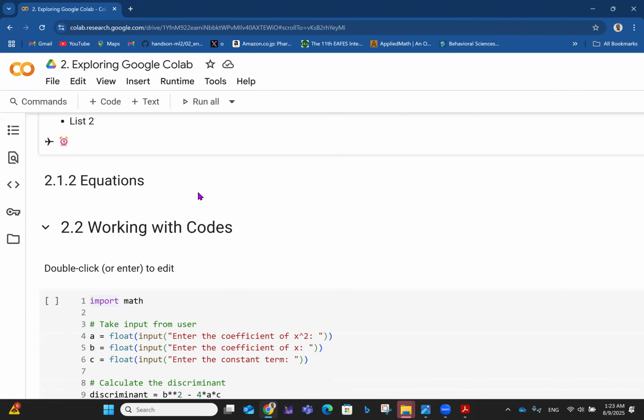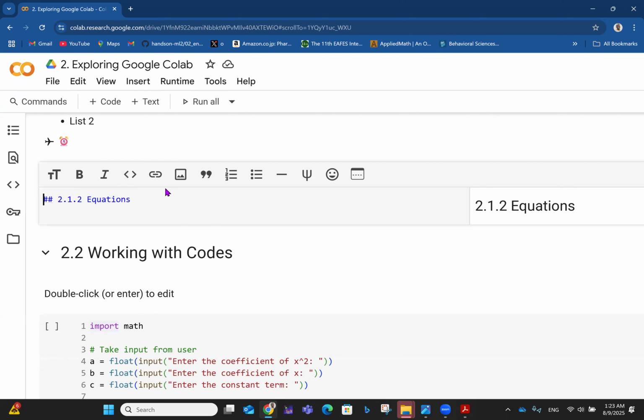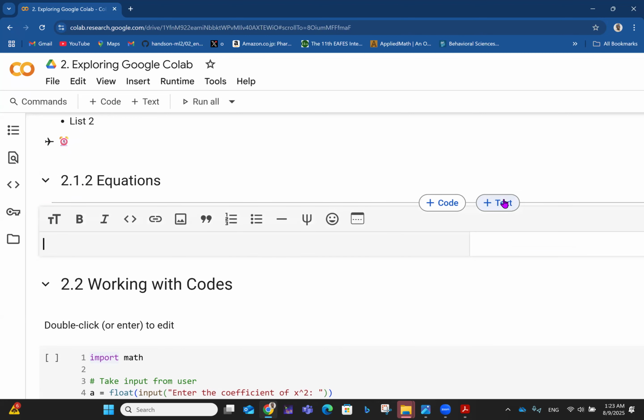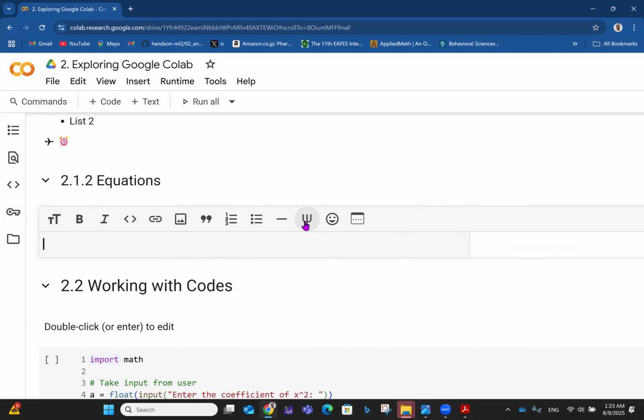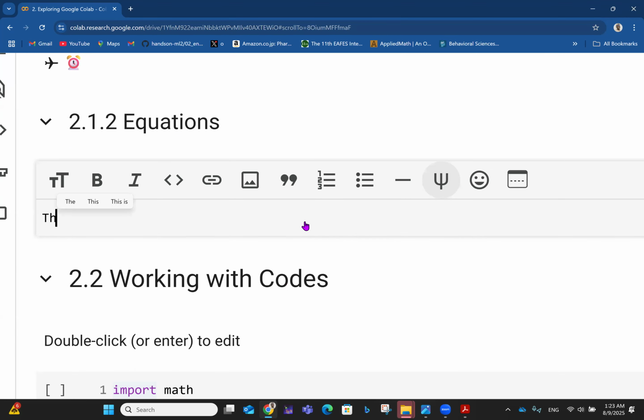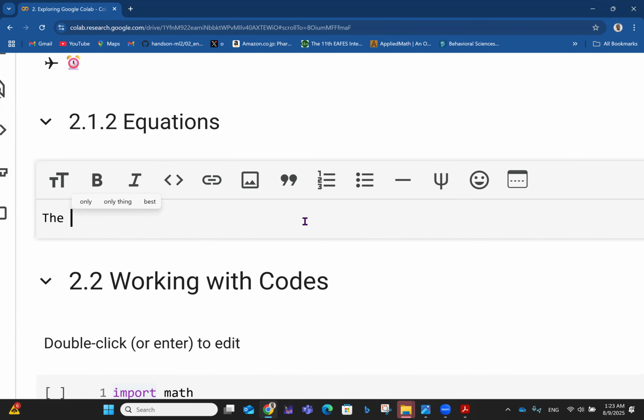Okay. Now, let's talk about working with equations. As a mathematician, we need to work with equations. So again, what you need is text, and this takes you to the whole LaTeX thing. I'll explain how that plays out. For instance, I need to write the formula, the solution to the quadratic equation,